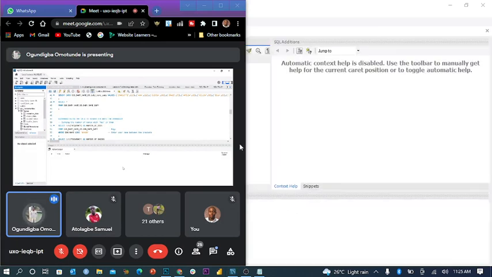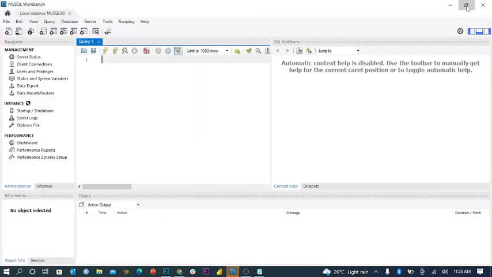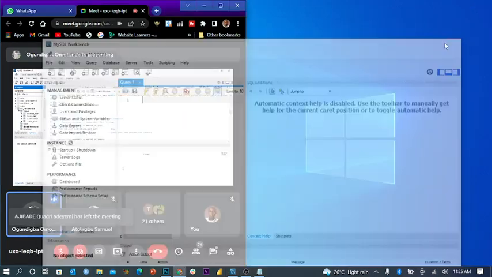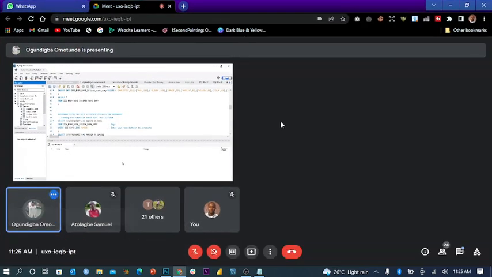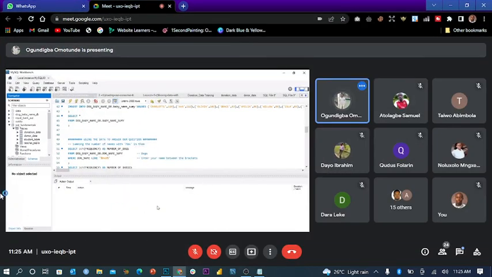So let me quickly brief you on what relational database means. Relational database means a database that is interconnected with each other. Let me give you a popular scenario.